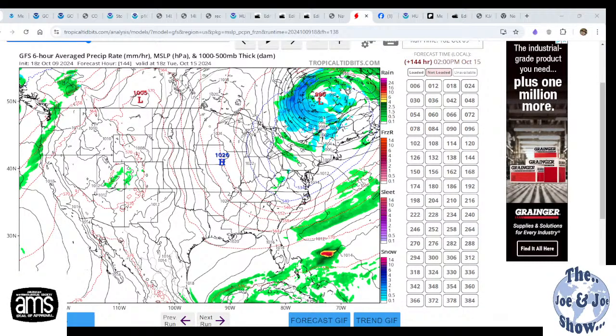Okay, well, I've got it. This is the risk of hazardous temperatures, which I'm going to assume are not due to excessive heat, at least in this particular case. But you could see that there is a moderate zone which covers much of New York State, much of central New England, all the way down to the western mountains of Maryland. I mean, North Carolina. The same places that got rammed by Helene last week are in this zone, and then they come back up into the eastern sections of the Ohio Valley, and there's a moderate risk of low temperatures. I would presume that there could be some frost or freeze advisories